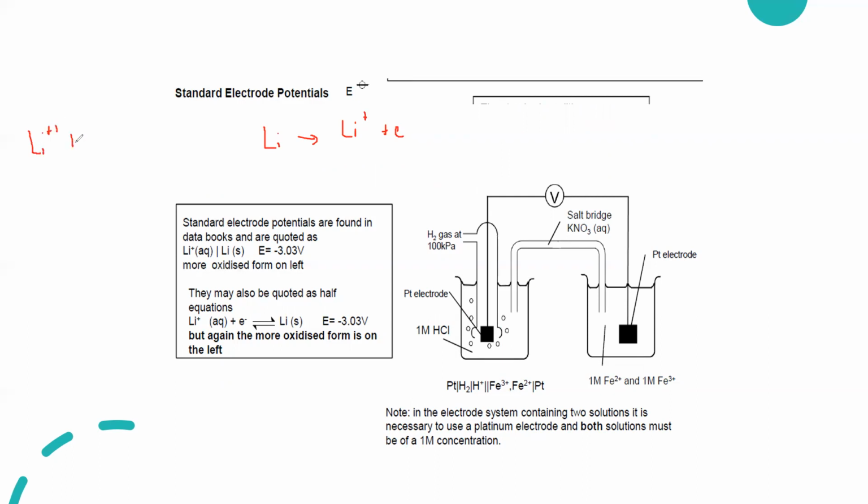So Li+, which is +1, takes an electron and changes to lithium atom. This electrode potential is minus 3.03. But the opposite will be plus 3.03 volts. When we compare, this is more feasible, this will occur easily as compared to the first one. So basically, the lithium atom has a tendency to lose electrons and change to lithium ion. When something loses electrons easily, we call that change oxidation,